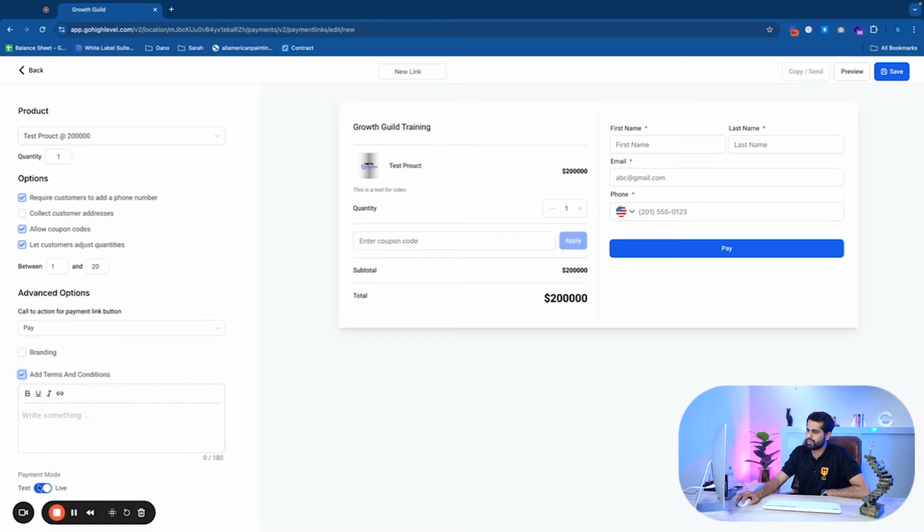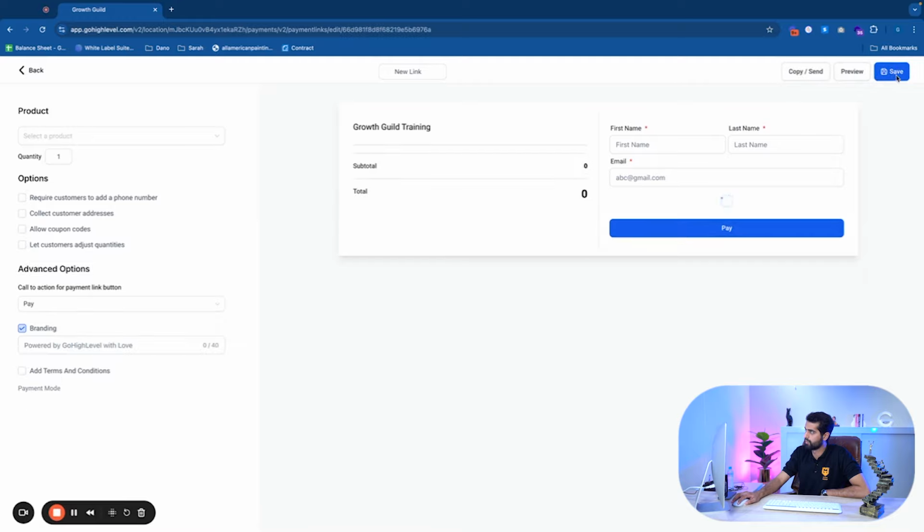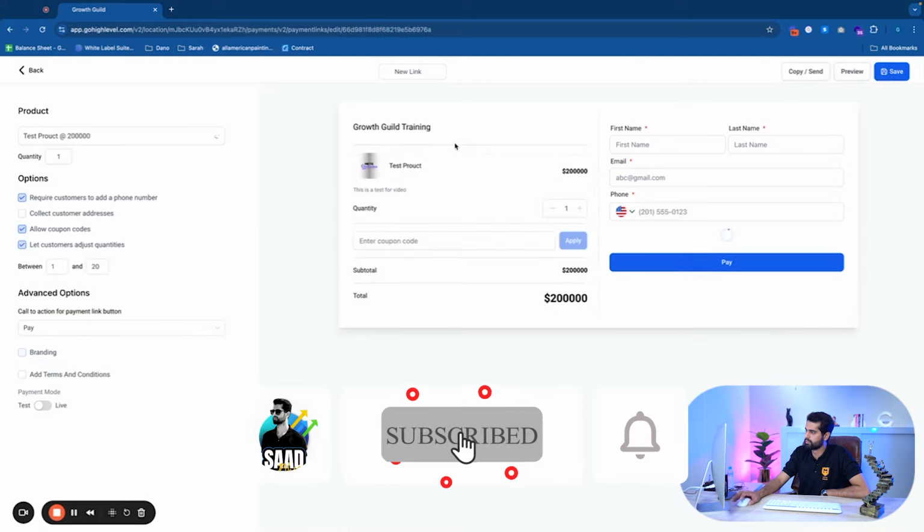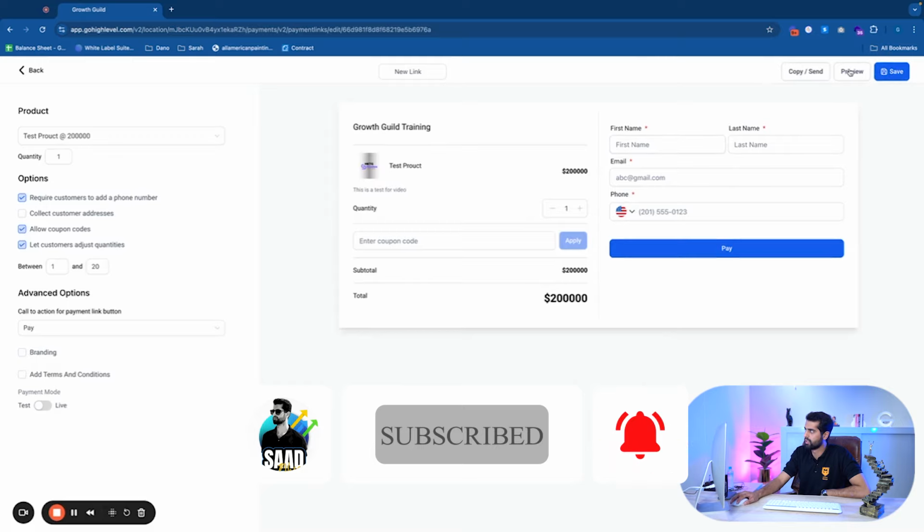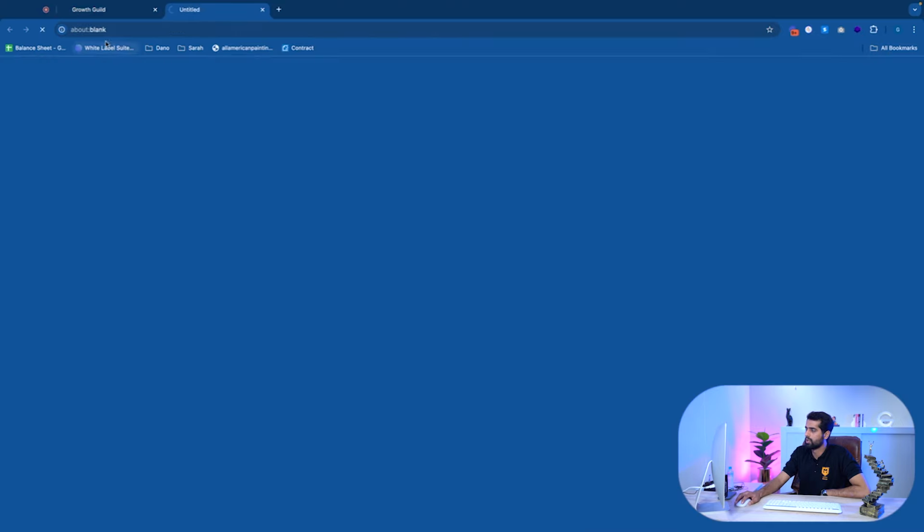Now, when I create the payment link, we need to test it. Okay, so we have the option to either take it live or test it first. So I'm just going to put it on test for now. Okay, sorry, I'm just going to remove the terms and conditions because it's empty. So I'm going to just put it in test mode for now, just to show you guys how it actually should function. So whenever you click on preview,